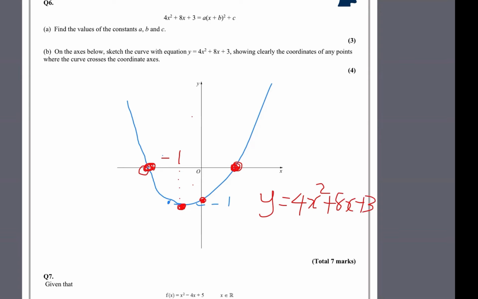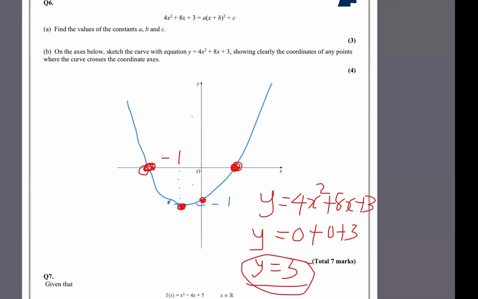We can say that on the y-axis, your x is equal to 0. And if your x is equal to 0, we have y equal to 0 plus 0 plus 3. So y is equal to 3, which simply means that this graph is supposed to cut the y-axis at the point y equals 3. That has been established, and we notice here that it is not cutting at y equals 3. So there will still be a need for us to